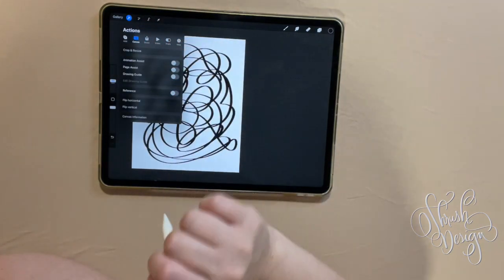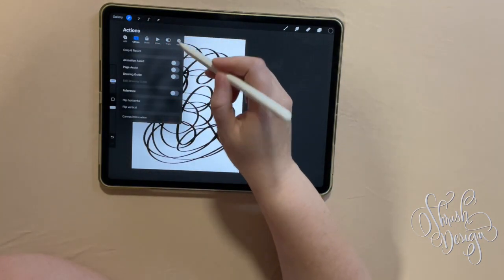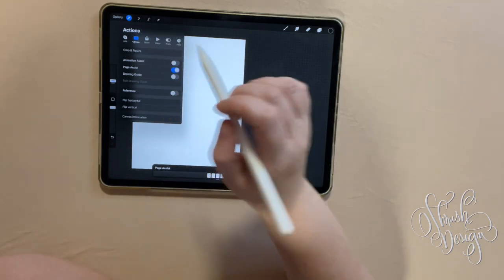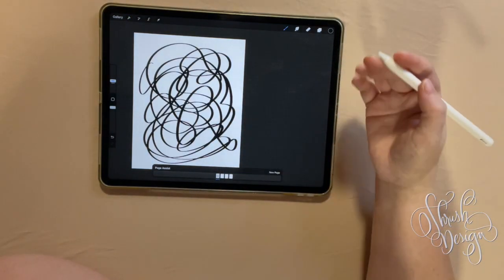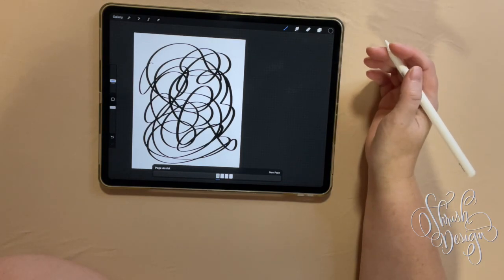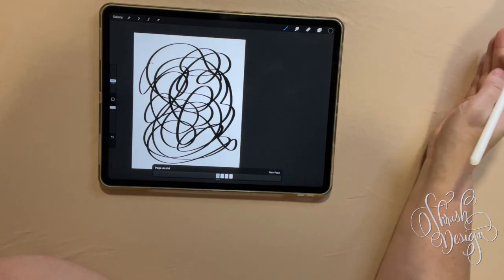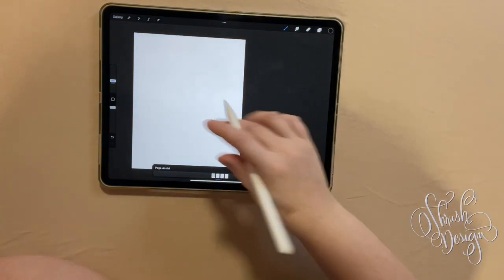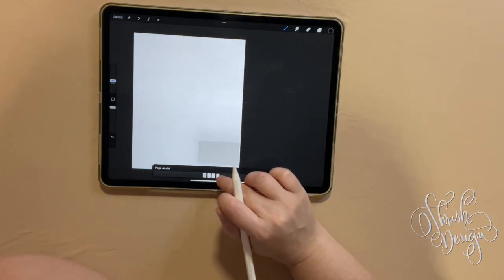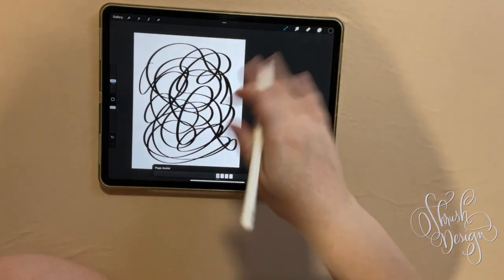Let's turn that off. Page assist is similar. I haven't really talked about that yet, except for when I opened a PDF earlier. Basically, that's what it's for. It's kind of for going through a PDF like that and being able to quickly switch through pages and make notes on them, or draw on whatever you're doing